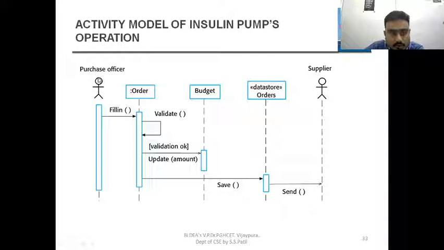Okay, so one purchase officer is there, one supplier is there. How are you going to order it? To understand this, you people know how to order items from any web marketing app, for example Amazon or Flipkart. The same thing I am going to explain once again. You people are a customer, you are ordering something.